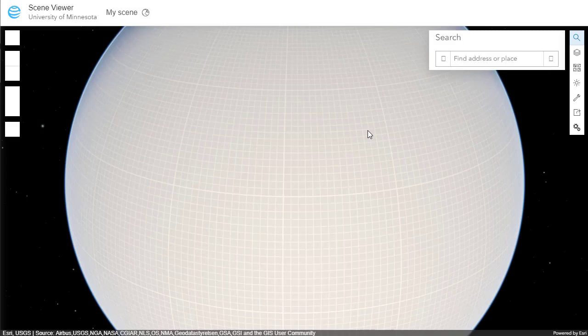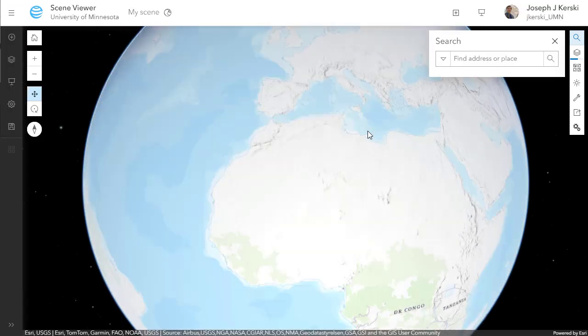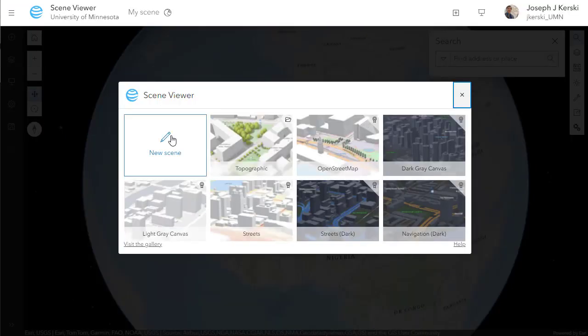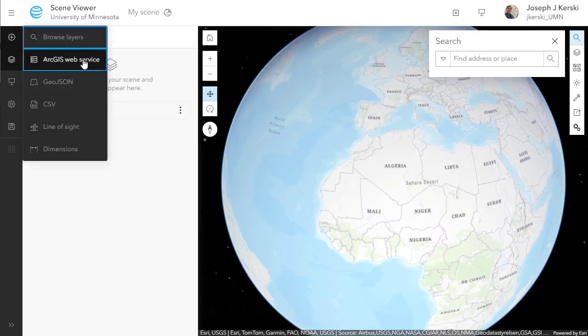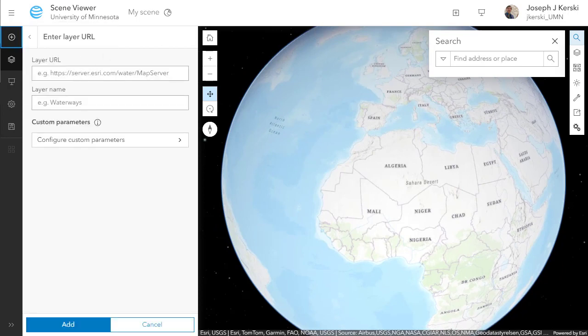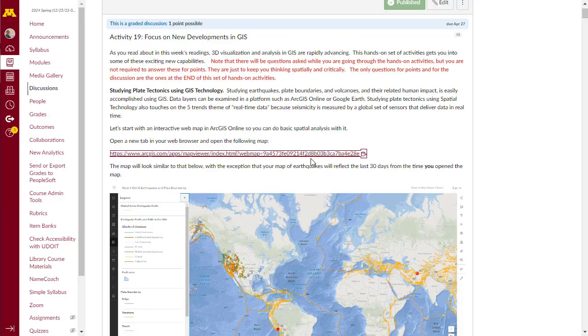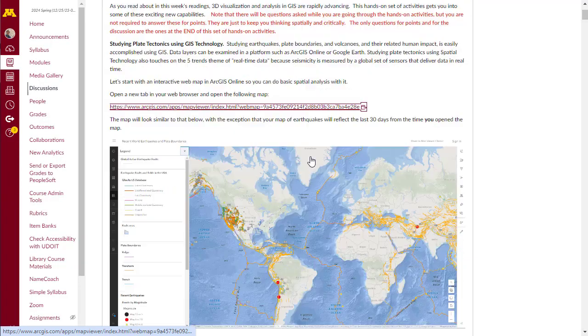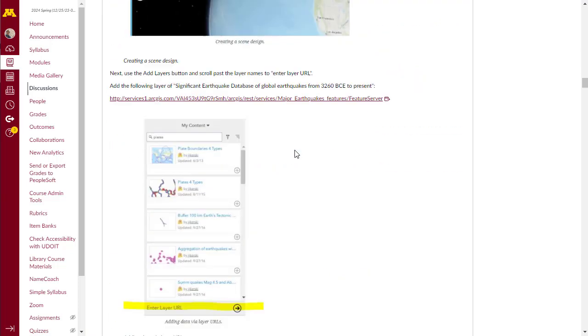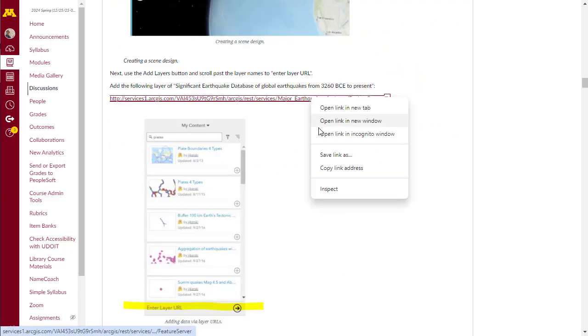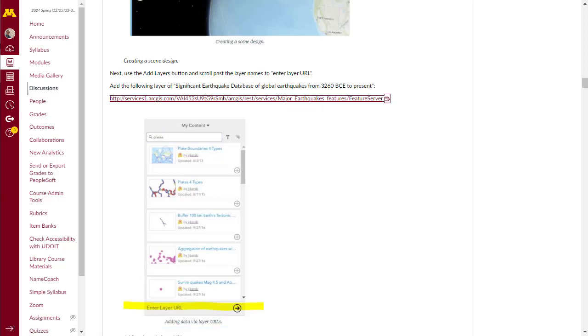I can't bring the map directly into a 3D scene. What I have to do is add layers. As you can see here on the left side, I'm going to grab my URL from the lesson for my feature layer, which is right here. I'm going to grab that feature layer. So I've got to construct the scene from a feature layer. I can't create the scene directly from a map because the map has all sorts of attributes and other things